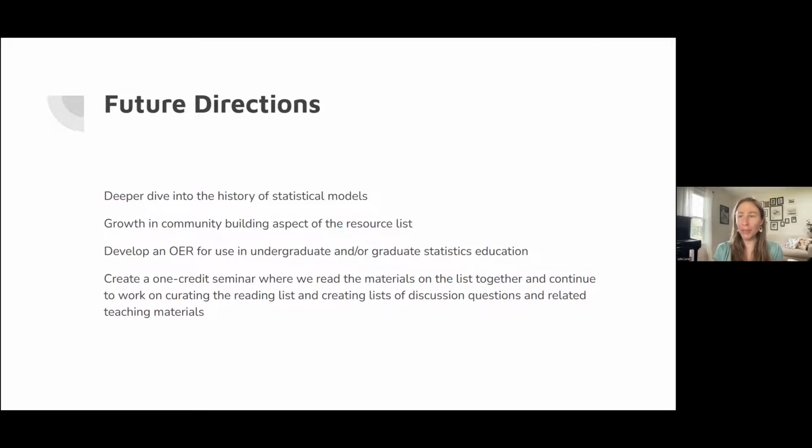We haven't read every single word of every one, and also to consider new resources and read those in depth as well, so that we can continue to work on curating the list with the students and collaboratively. But we can also use this to start coming up with more specific discussion prompts and activities and guided lectures and teaching resources for instructors who want to do this.